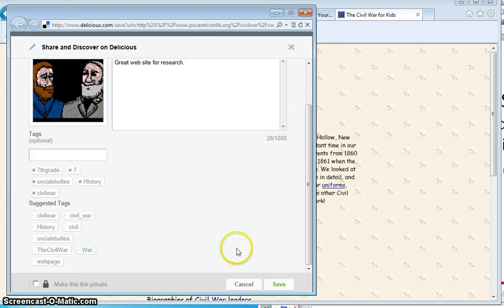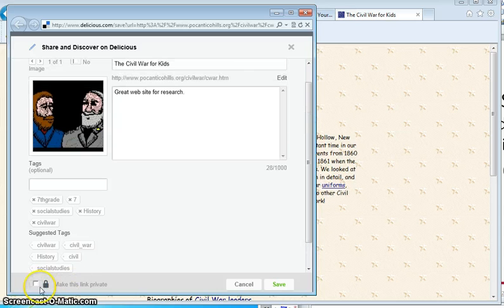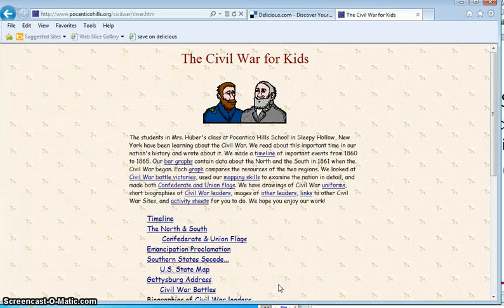One other thing I want to point out about this interface, make this link private. If for some reason you do not want other people to see this link, you can check it off and make this link private. Because I do use Delicious for more than school, I use it for personal things, so I make my links to my credit card websites, my banking sites private. So if anybody comes and is looking for me and goes to delicious.com Joel Warsh, they will not see my banking links. Click Save. Now if I go back to my Delicious page